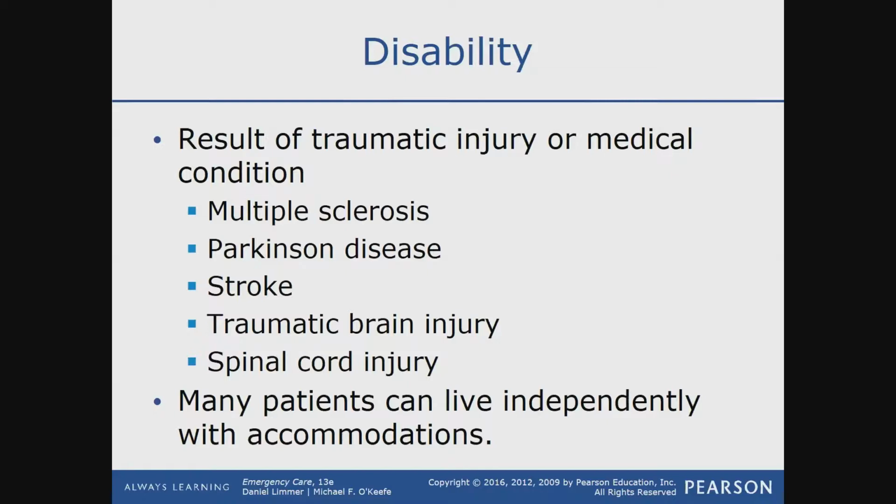Now, spinal cord injuries, this means that we're talking about most likely paralysis. So down the spine, wherever the injury is on the spinal cord, below that injury, usually you won't have any sensation below the injury site of the spine. See, many patients can live independently with accommodations. So I'm gonna go ahead and pull up the video for MS, and I may have one for Parkinson's disease as well, but I'll